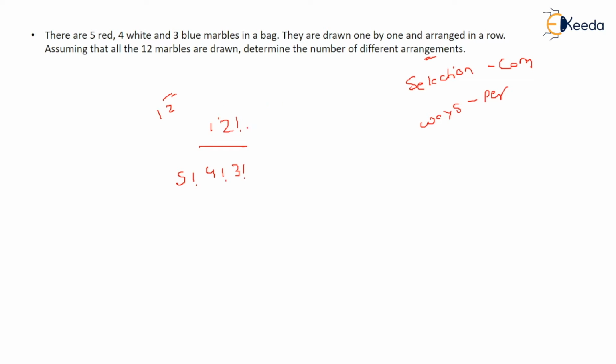So out of 12 marbles, they ask you to find arrangements or ways. Out of 12, you first take out, let's assume, all 5 red, then the next 4 white and 3 blue. After doing this, whatever is left, that will be your answer. So you can solve it, or you can get this in the options. No, they will not give you such long calculations, they will just give you options like this. You can tick mark one of the options.